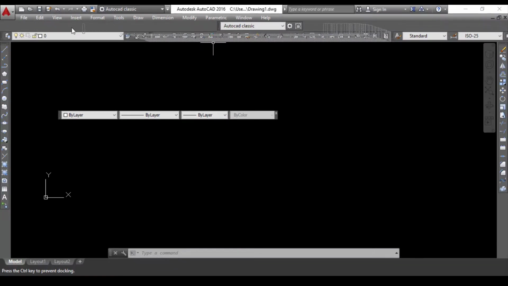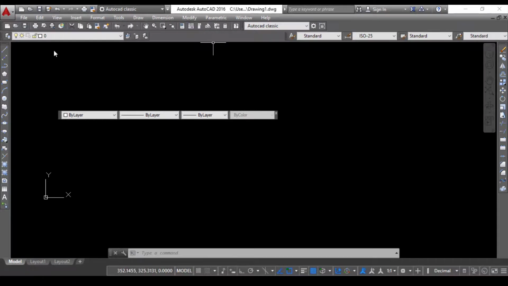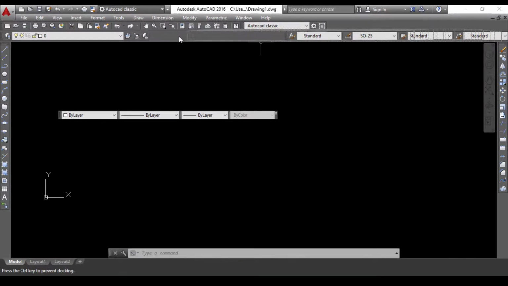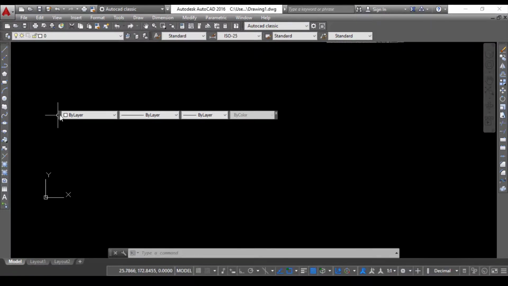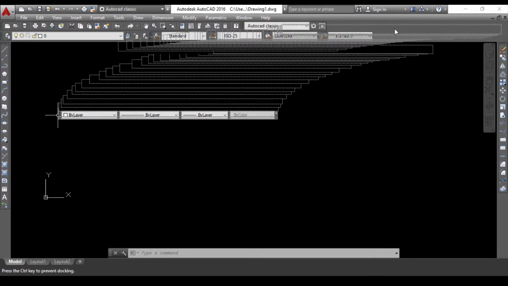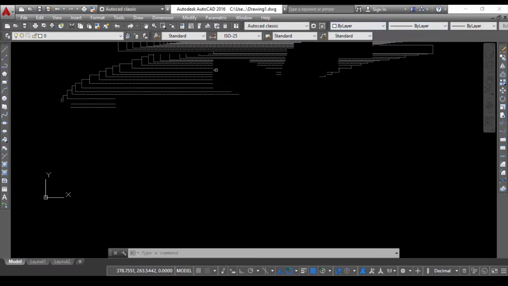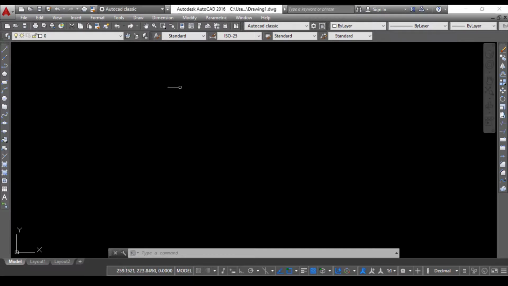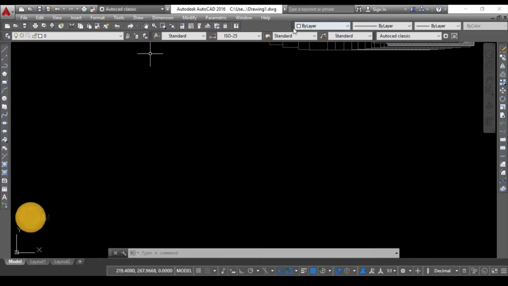These dots can be used to drag the workspace, the Draw toolbar, or the Properties toolbar. If you remember my previous videos, I was calling this combinedly the ribbon toolbar. Ribbon toolbar consists of various toolbars, for example Layer, Properties, Standard, Style, and so on.